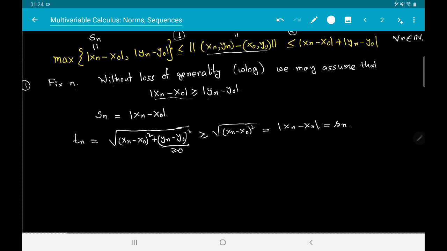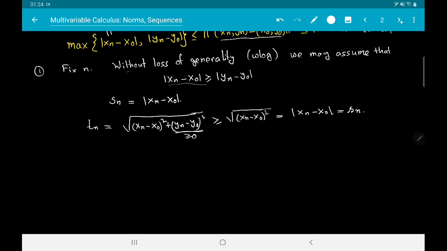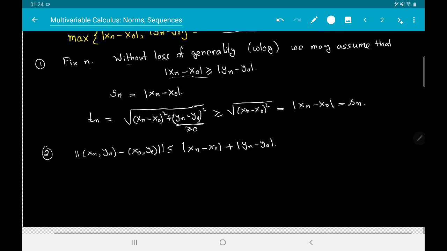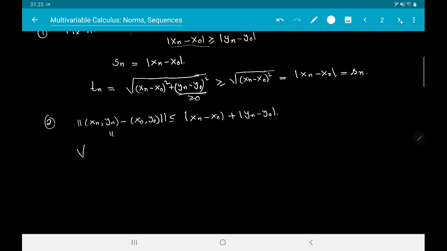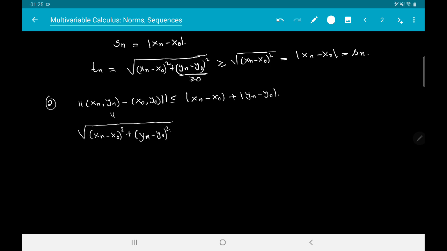Now I am going to prove the second inequality, and this is really easy. This is really straightforward. I want to prove that the norm of (xn, yn) minus (x0, y0) is less than or equal to modulus of xn minus x0 plus modulus of yn minus y0. But then what is the left hand side? The left hand side is, as I have said many times, the square root of (xn minus x0) whole square plus (yn minus y0) whole square. And to prove this, you can see that it is enough to show